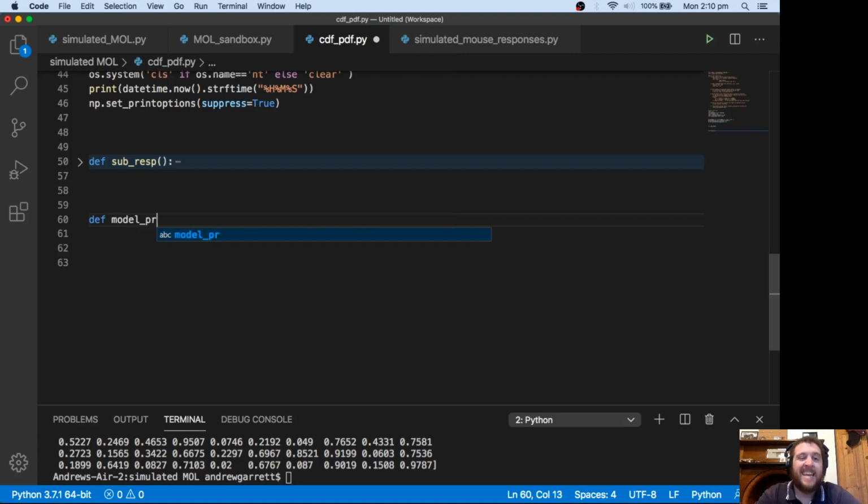I'm going to call this model_pr. So model_pr is going to be from the Gaussian. We're going to start with a docstring, and we're going to return an array of probabilities corresponding to a Gaussian